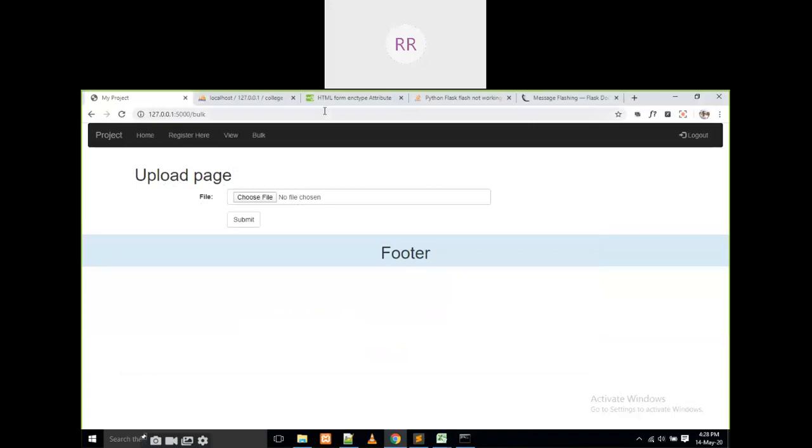Okay. I am going to read after the first line. After the first line, I am going to read the total data.